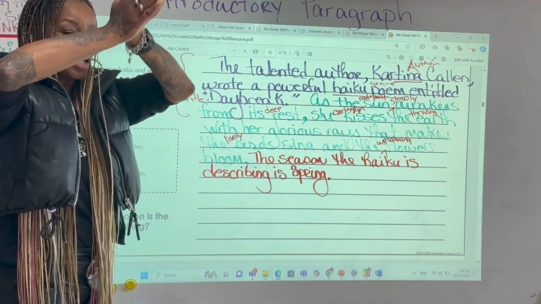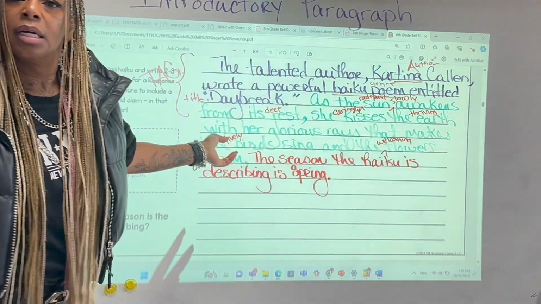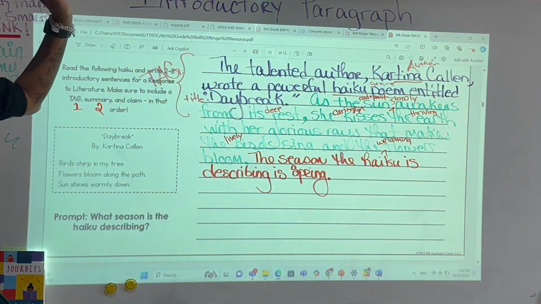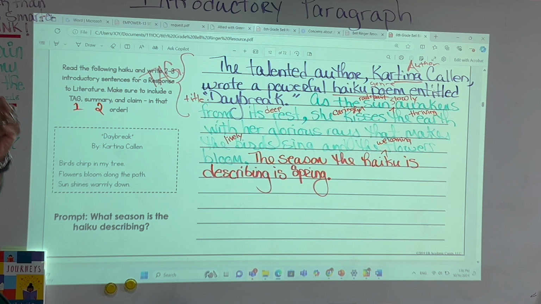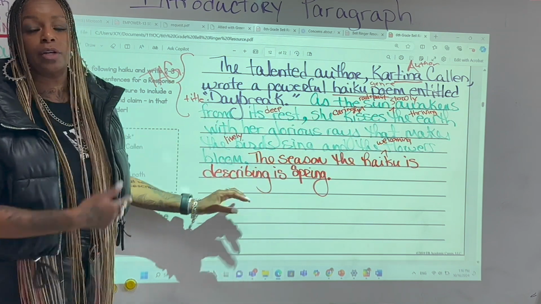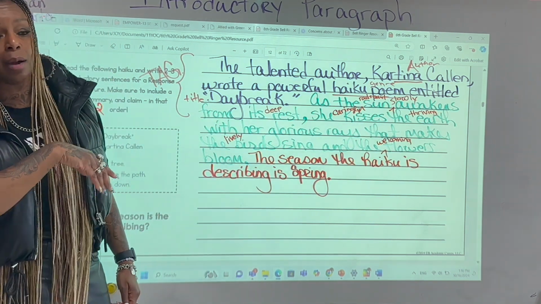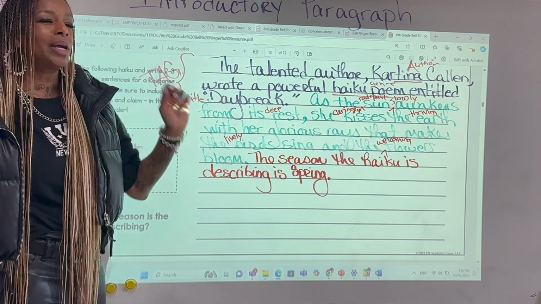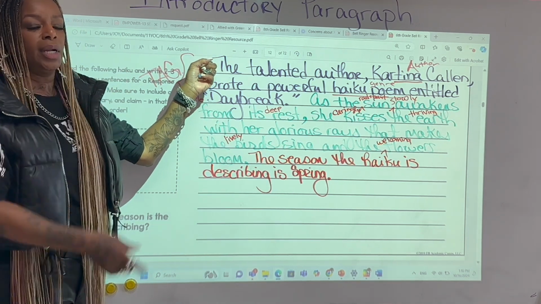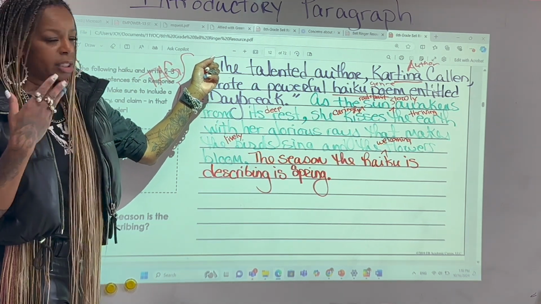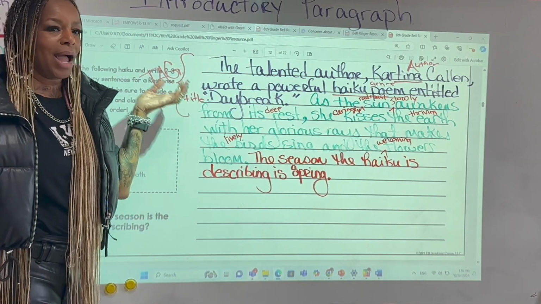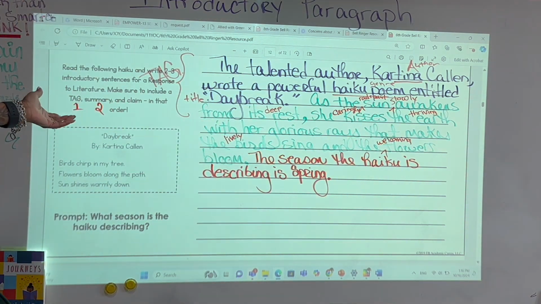Mirrors off? Is that hard? No. Because you know what goes where. So if I say you're just writing the intro today, the only thing that's really your opinion is this right here, your claim. Because it can be argued. Someone else may feel a certain way. Just like someone said spring, someone said summer. They got to argue. That's their argument. But can they find evidence to support that argument? Easy. So this, you just put it in a sentence, the tag. It's not your stuff. And your summary, you're just summarizing what you read. This is easy. That's the first paragraph. Let's go.